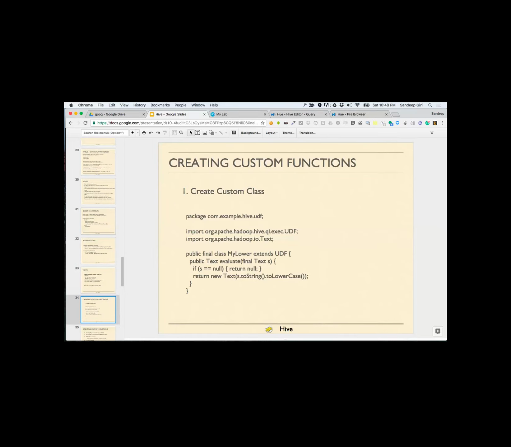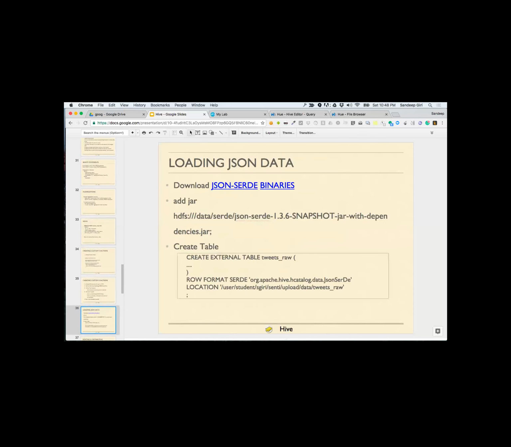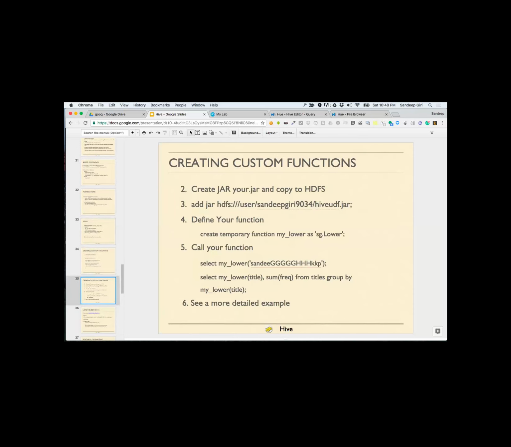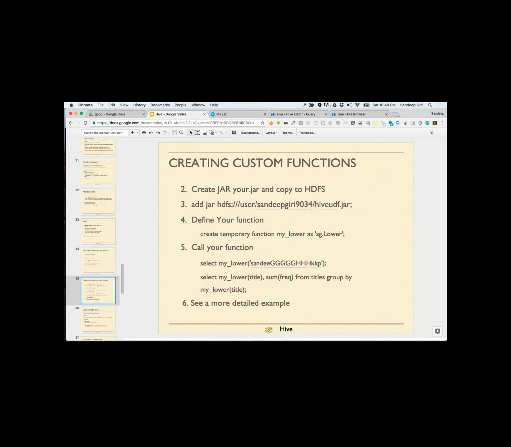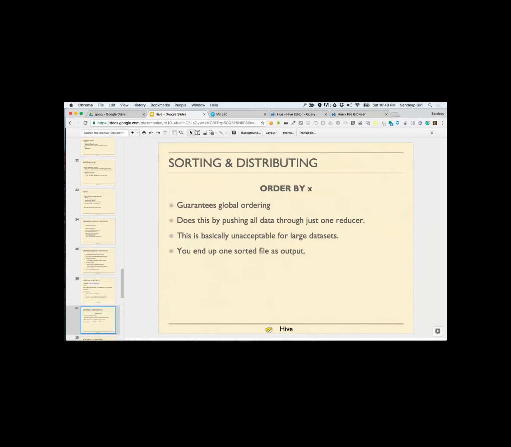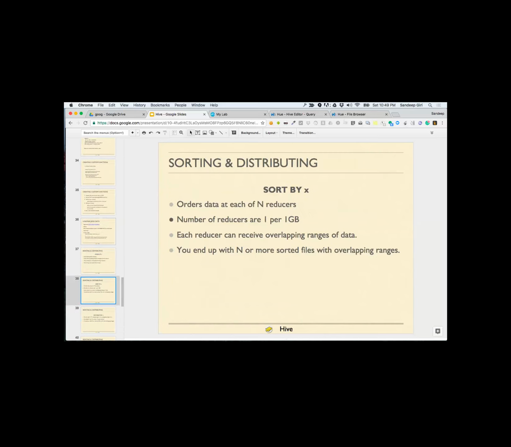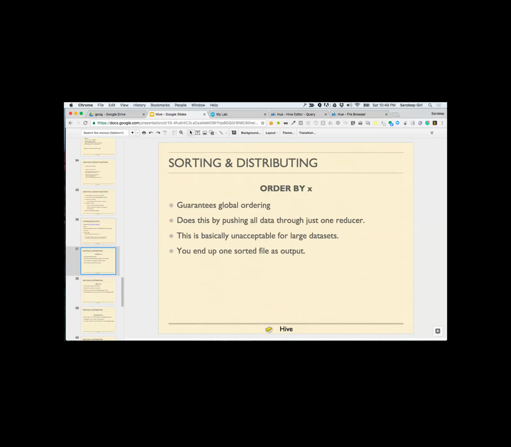You can also create custom functions. I'm not going to go into that, but if you want to understand how to create custom functions in Hive or Pig, you can go through these slides as well as the recordings which are shared with you. That way you will be able to learn how to create custom functions, because there would be certain aggregations and translations that are not there in Hive that you may want to implement. In those cases, this particular step explains that. All right, so here is another caveat.